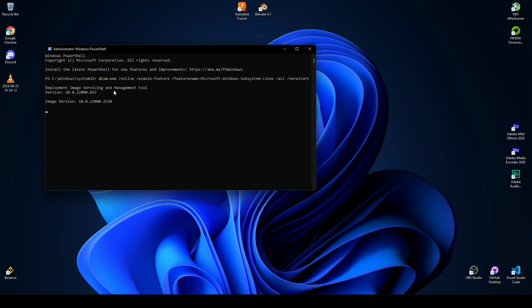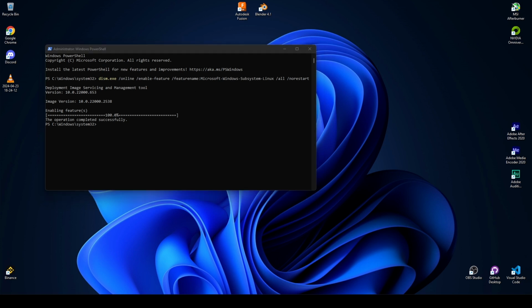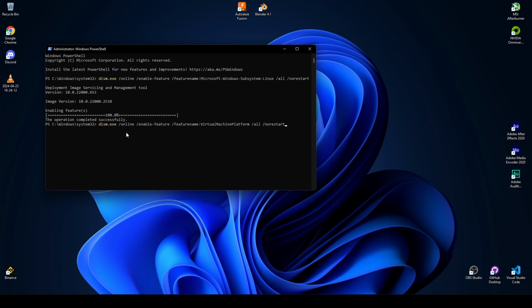Then we click enter, just waiting until the operation completes successfully. Then we need to enable the virtual machine feature, so copy and paste this command and hit enter. Okay, this operation completed successfully. That means our Windows has enabled the Windows Subsystem and the virtual machine environment.